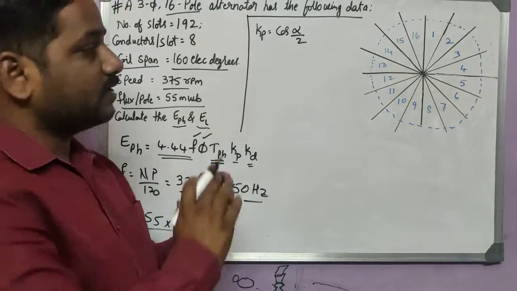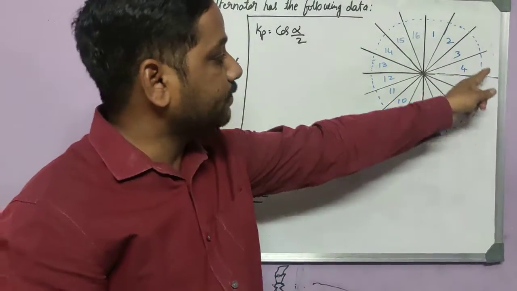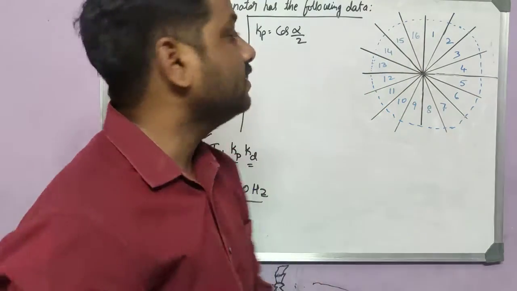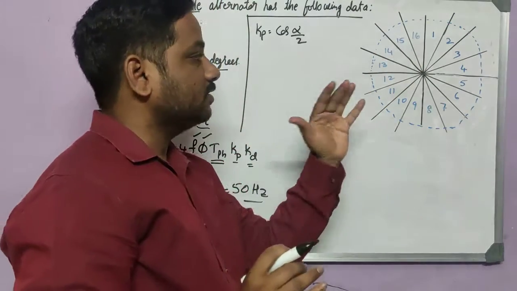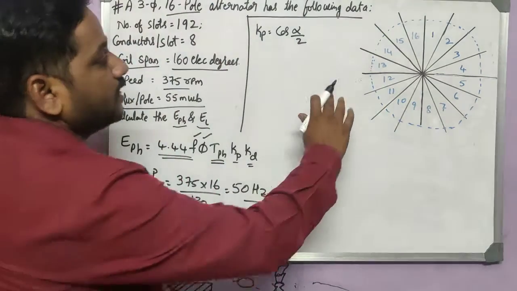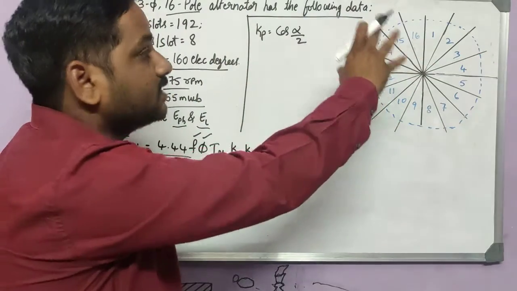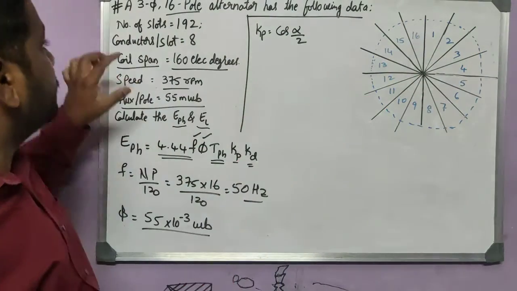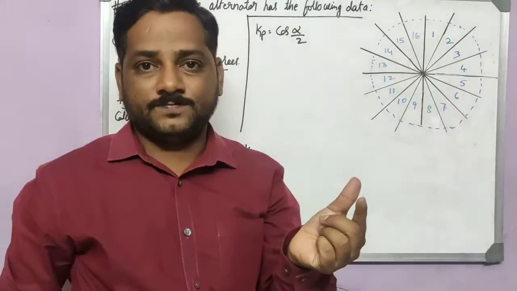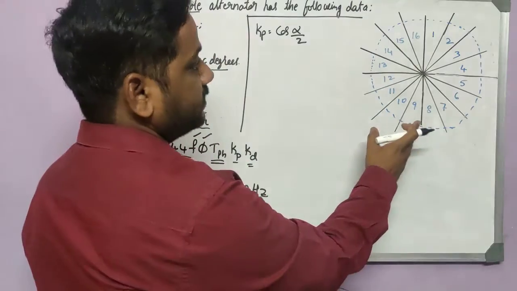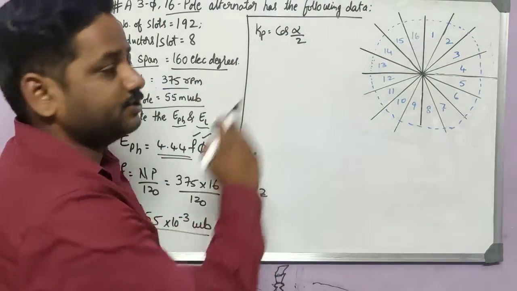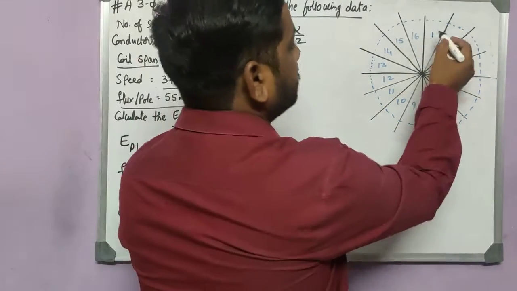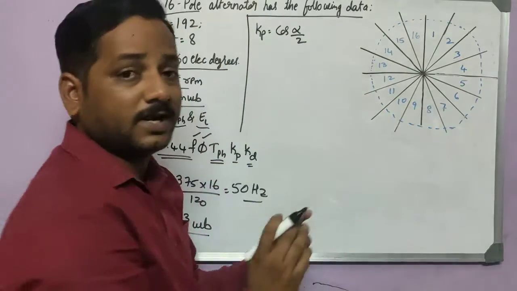If there are a number of slots in a pole, here I have represented it, and I will come to this picture. You concentrate on this explanation. This is the most important thing, so have a concentration here. I have drawn the 360 on a circle here, let us say this is the armature. In that armature, the problem says that there are 16 poles. So I have split it into 16 portions, 1, 2, 3 up to 16. These are the poles: first pole, second pole, third pole, fourth pole, like that.